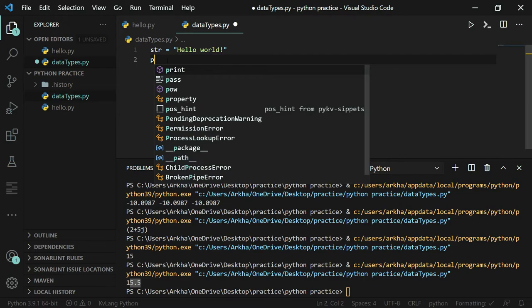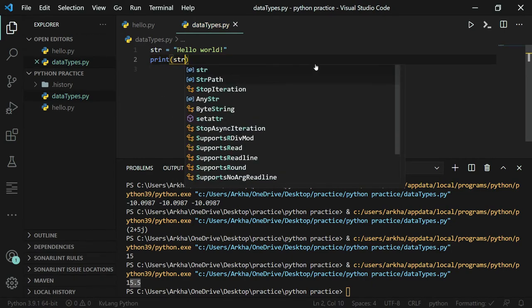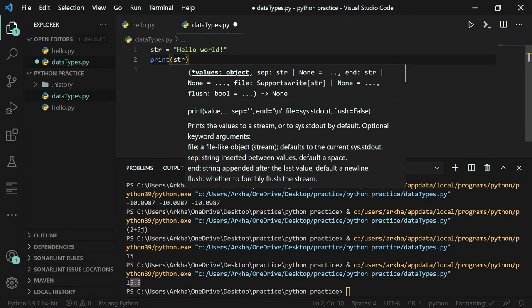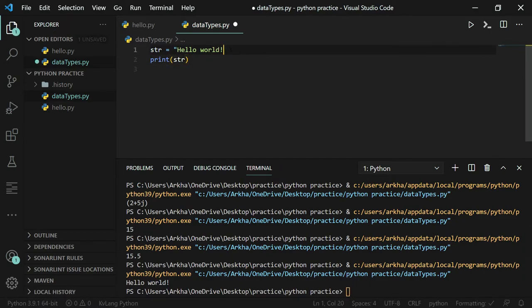Let's print our string. Print str. Run it. So you can see we have hello world printed here, and as I said, we can also use